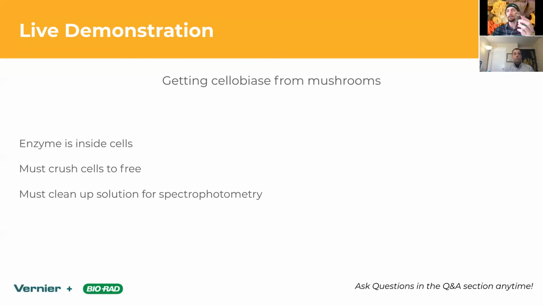So if you've got your traditional mushroom, what they will do is move that cellobiose all the way up through the stem, all the way to where the gills and the cap of the mushroom are, because that's where that energy is needed to produce the spores and the sexual activity of the mushroom. And so even in a mushroom like this, you would find different values of the enzyme activity from the stem versus the cap material, which is something to be aware of.